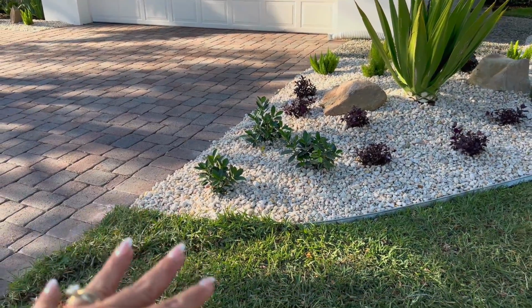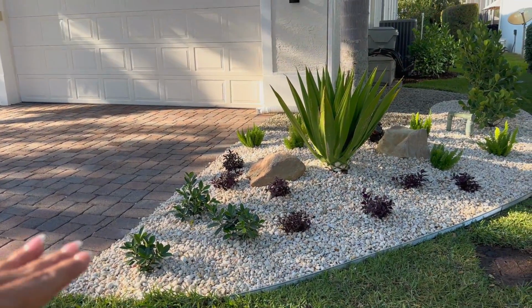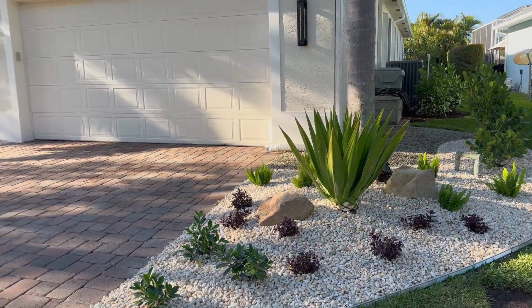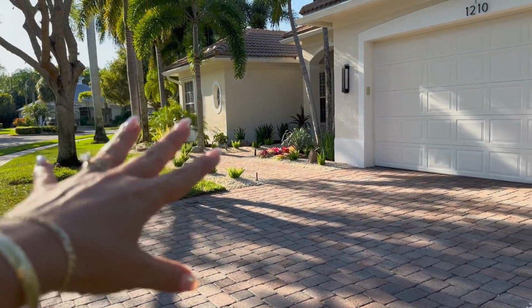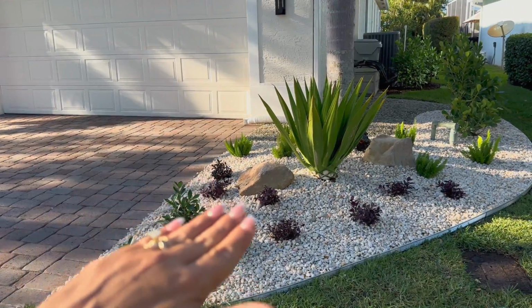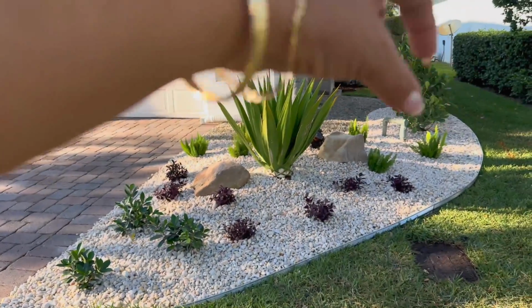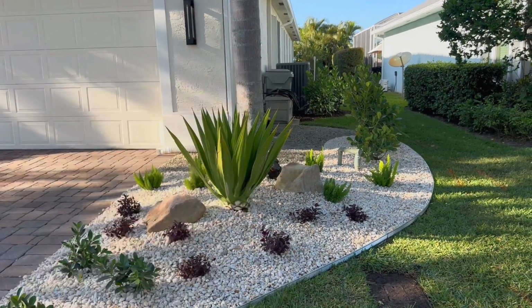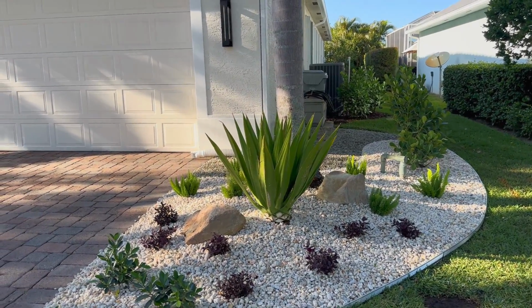So we softened it with some sod, but we needed to keep it deep enough to get away from the root system of the bed and to make it scale and make sense with this bed over here. So the best thing I could think of was just really to add a green ending point and then a swath of some color, then something vertical, pop in a few boulders, and then of course the lovely little